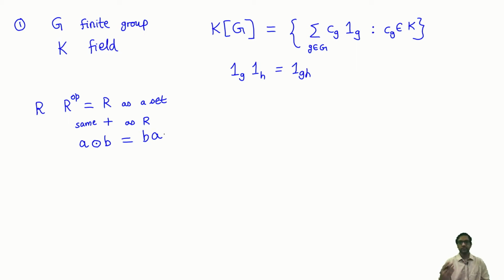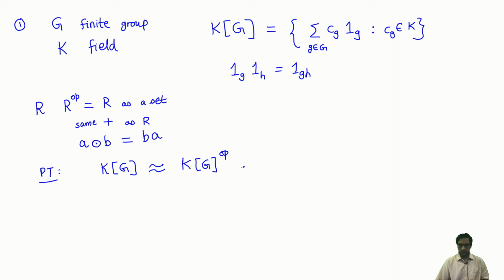Okay, and we saw an example of the matrix ring which was isomorphic to its opposite because there was this transpose map, right? A going to A transpose for a matrix, it sort of changes the order of multiplication, right? So that gives you an isomorphism between the matrix ring and its opposite. So the first problem now is to show that the same is true of Kg. Okay, so prove that Kg is isomorphic to its opposite. So this ring and its opposite ring are isomorphic to each other. So in this sense, it shares this property with the matrix ring.